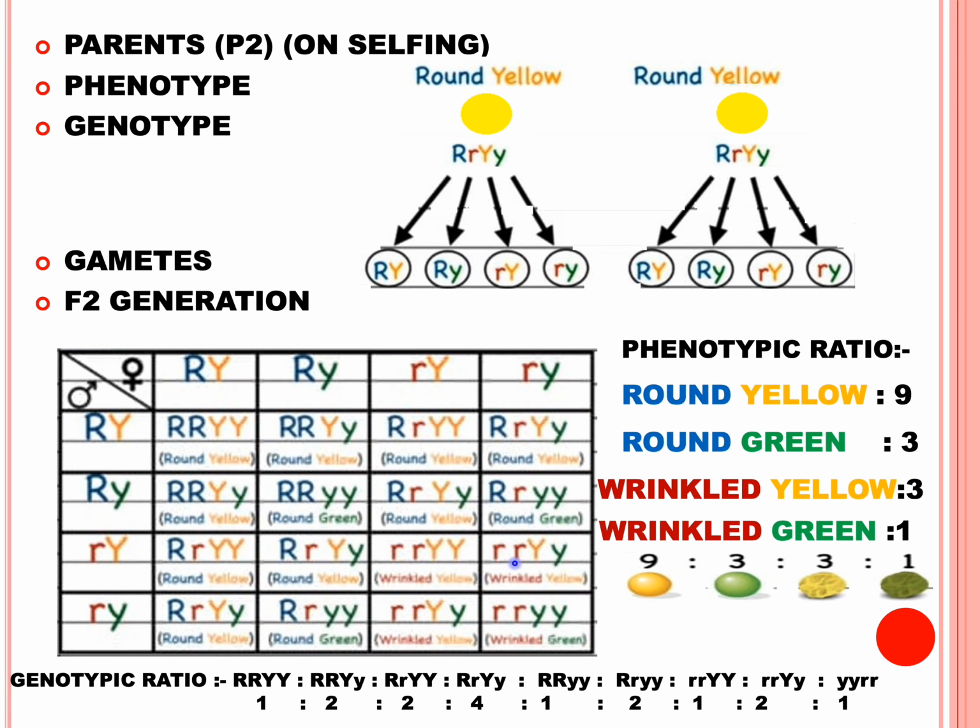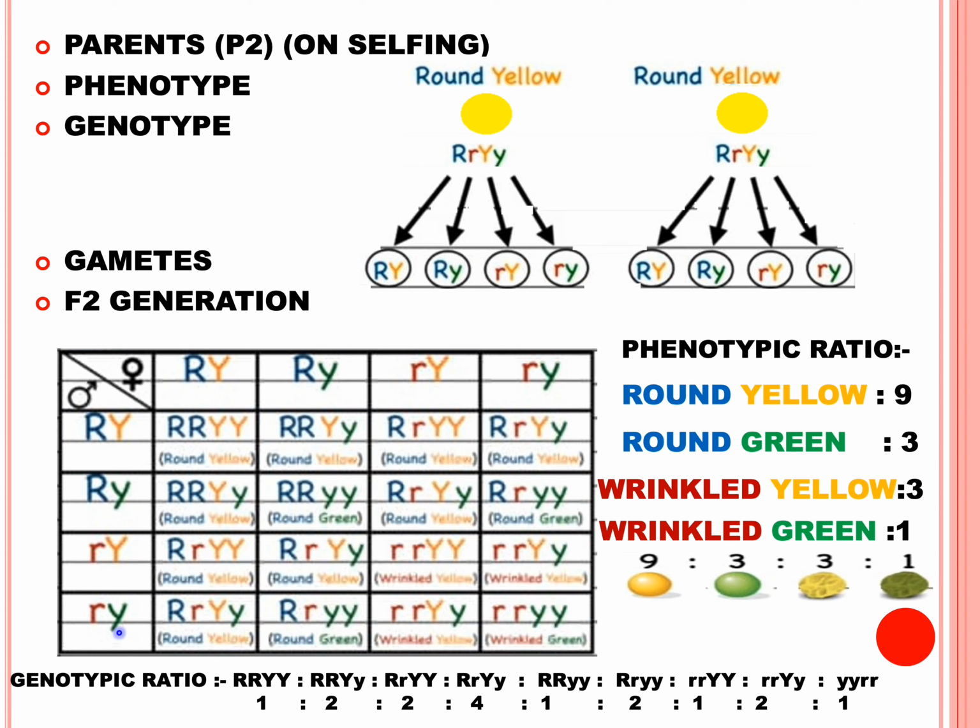And see the phenotype, small r will give wrinkled seeds, shape of seeds, and capital Y, small y gives the yellow color of seeds, as yellow is dominant over the small y. This time you can see that this male gamete with the genes small r, small y, if fuses with the female gamete with capital R, capital Y, the genotype would be capital R, small r, capital Y, small y, and the phenotype would be round shape of seeds with yellow color.